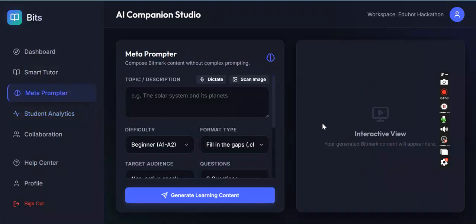And also this has the ability to allow you to export and share in the form of an iframe, a link, and